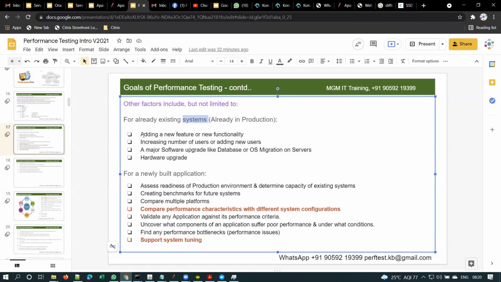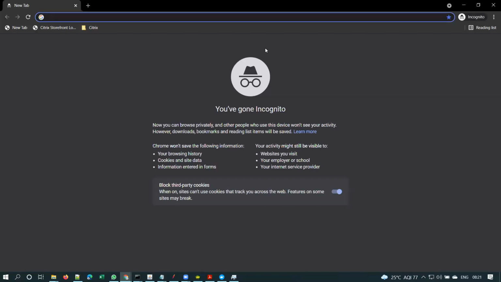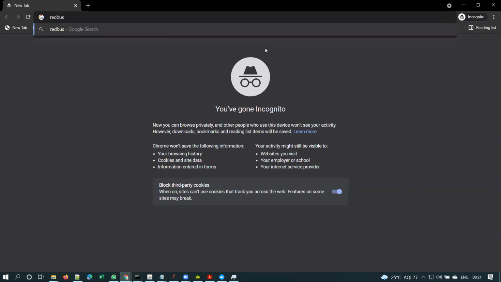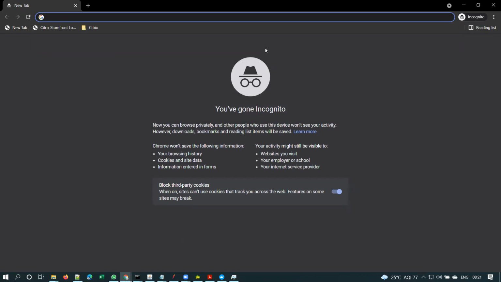The first and foremost factor is whenever there is some new feature or new functionality getting added to the application, we have to do performance testing. Whenever a new feature or new functionality is getting added to an existing application. So let me give some example for this. I'll take some real-time examples here. Everyone uses redbus.in, right? Everyone might have used it. As I have some people from other time zones, I'll take some other example. I have one guy from US, so I'll take some other example.